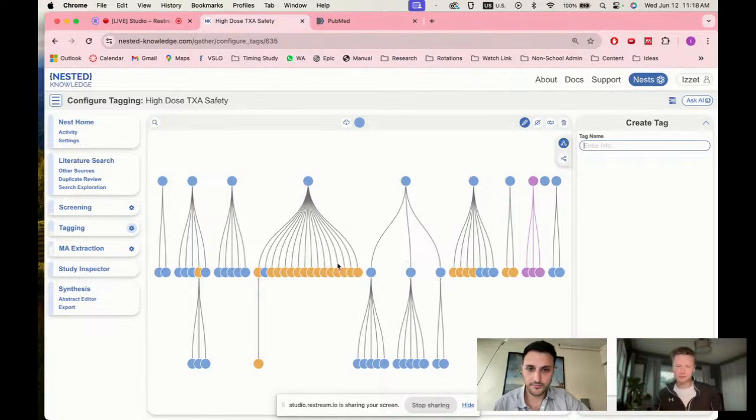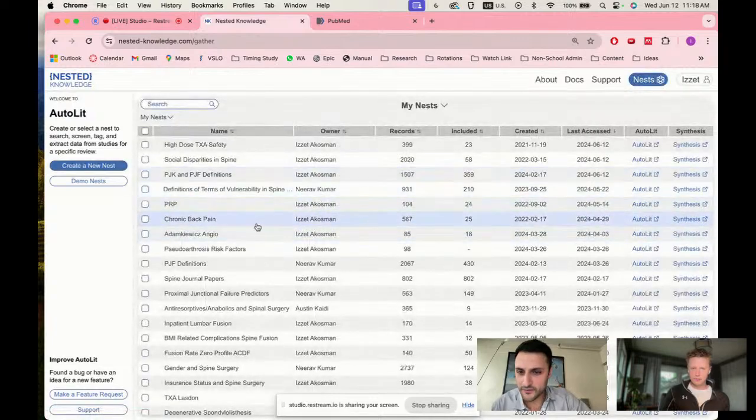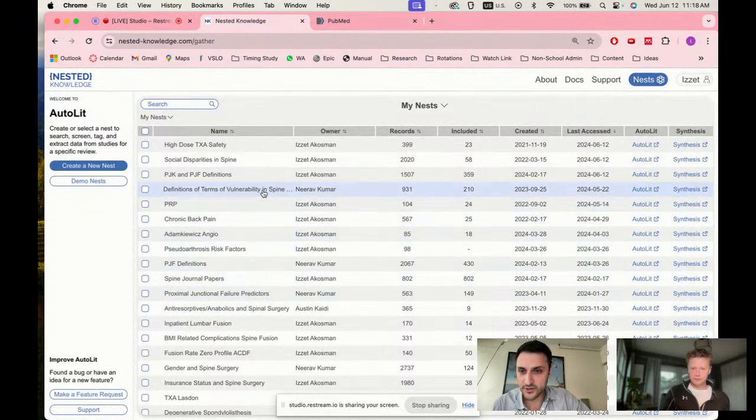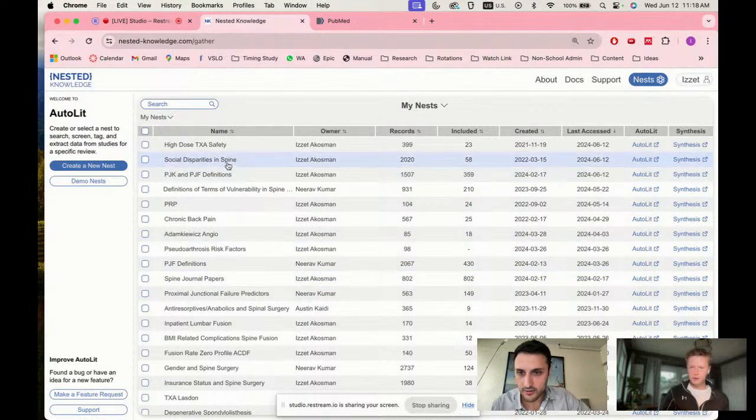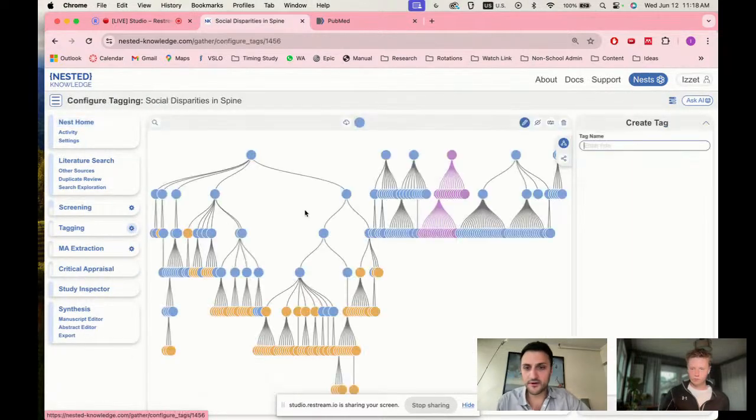So let's merge them. And let's bring all that data together because we're going to call it something else. So with emerging, for example, that would be for types of surgery. For example, in my spine, racial disparities. Okay, there we go. So I had a bunch of different kinds of surgery.